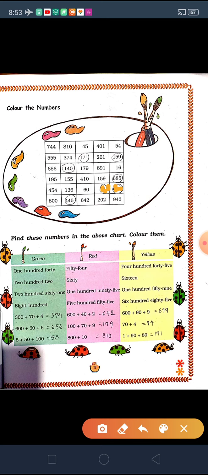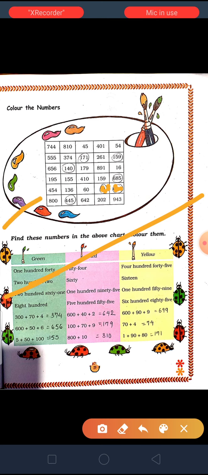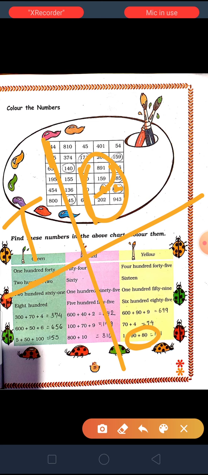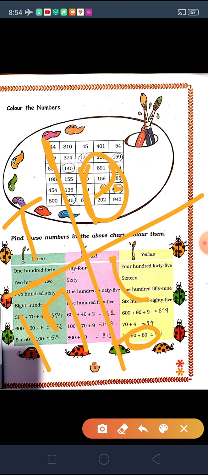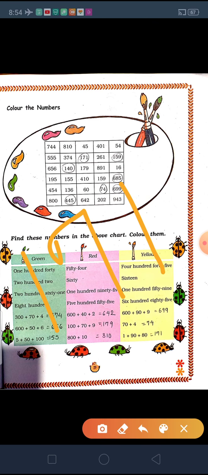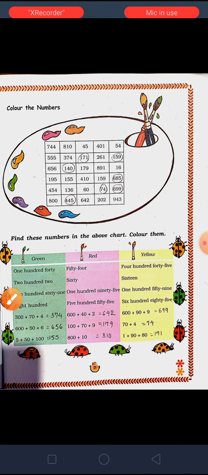Now 190. This is a little bit tricky. As you can see, the hundreds place is not there, 90 and 80 are there. So what we will do, we will only make 2 columns. Now 90 and 80 both are on the tens place, so add them first. 90 plus 80 is total 170. 170, you will write 17 in the tens column, and 1 is there in the ones column. So the number is 171. So 171 is here. So color this in yellow.